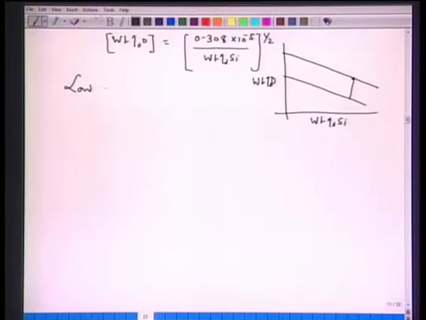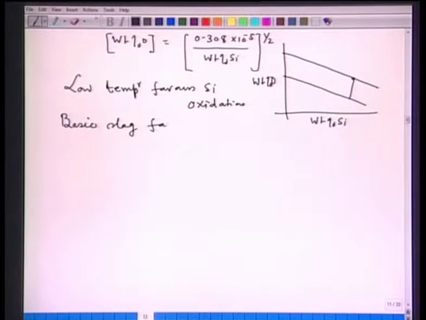Second, low temperature favors silicon oxidation, and basic slag also favors silicon oxidation. Why? Because if a slag is basic, the activity of SiO2 is drastically reduced, and hence